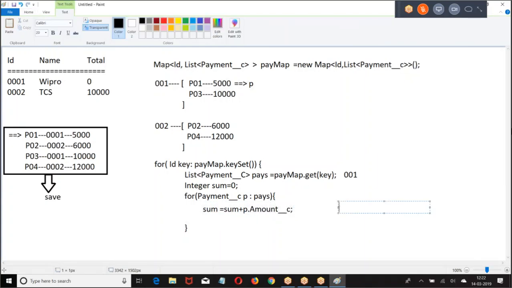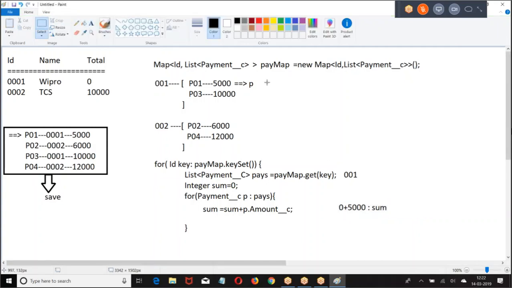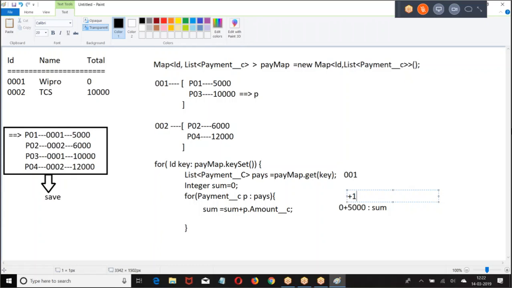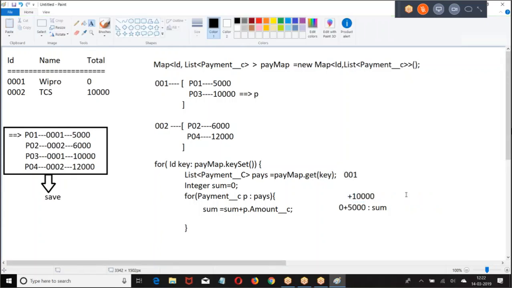Now what is sum? 0. 0 plus P amount is, now this has become sum. Then the loop will go to the next. What is the next one we have? Now what is P? P03, 10,000. Then 5,000 plus 10,000, now we got total 15,000. So for 001, sum is 15,000.